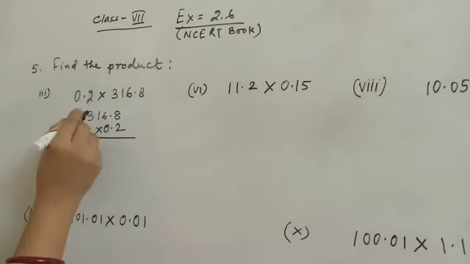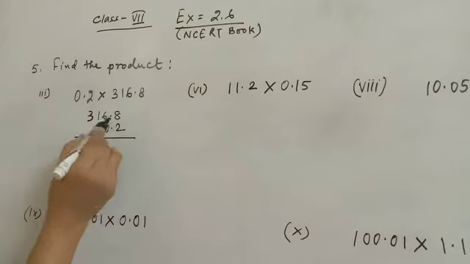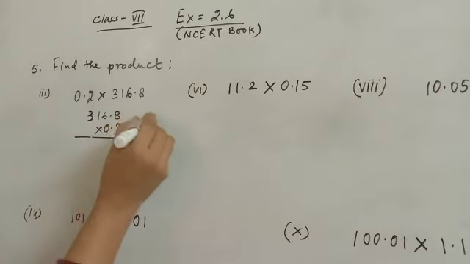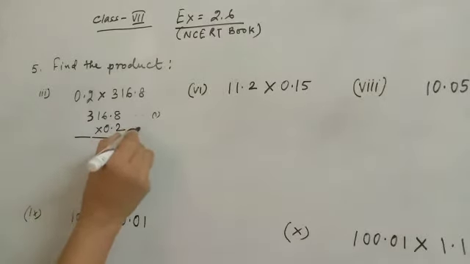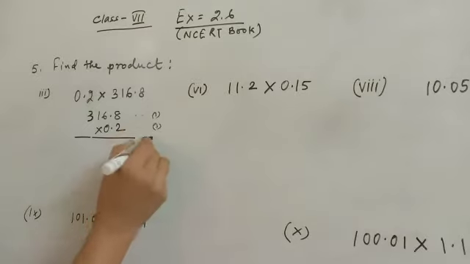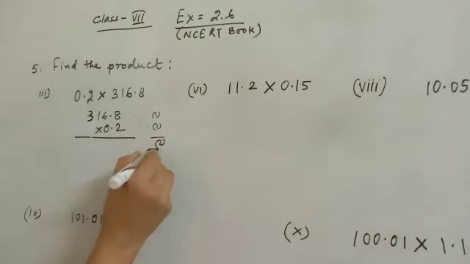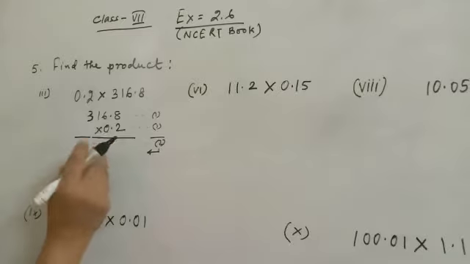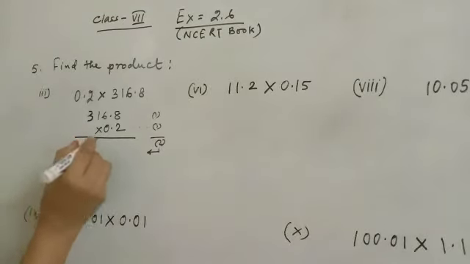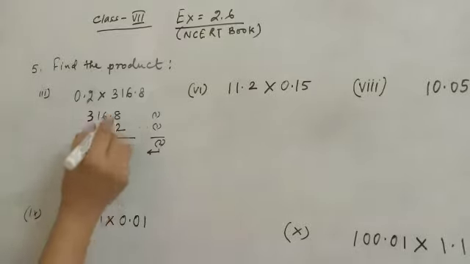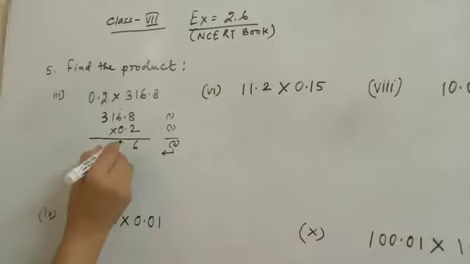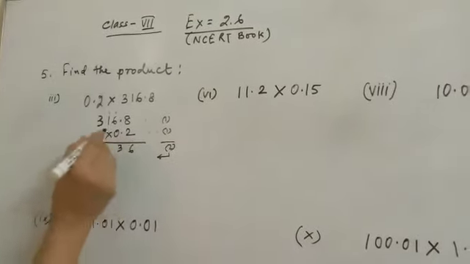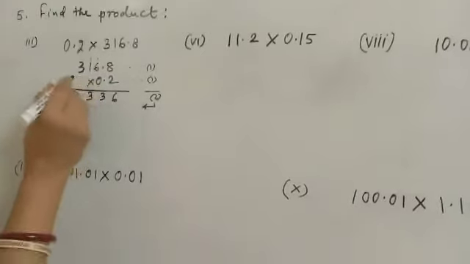Now when you are multiplying this, one thing you need to write here: how many places of decimals are there. Just write here, after one place the decimal is here, and here also after one place the decimal is here. If you add this, you will get 2, and these two places of decimal from the right side in the result you have to put the decimal. Understood? Now multiply: 2 8s are 16, 6 and 1 carry, 2 6s are 12, 1 3, 13, 1 carry, 2 1s are 2, and 3 2s are 6.